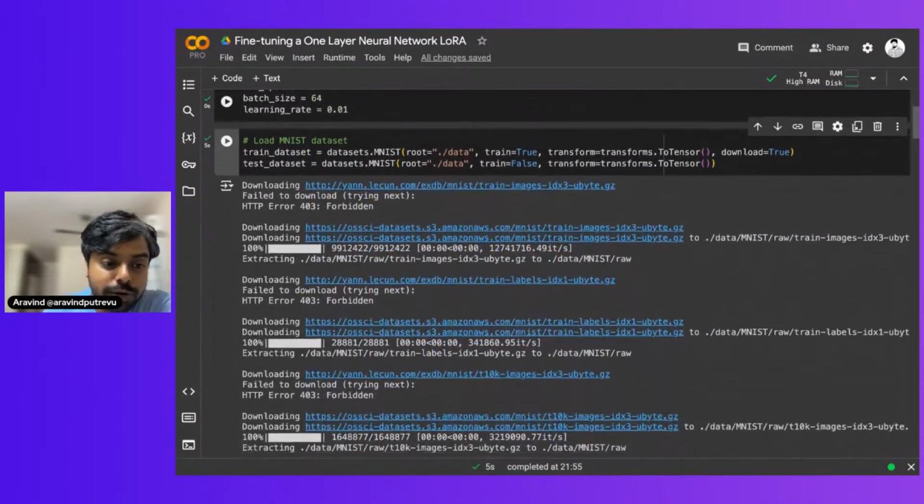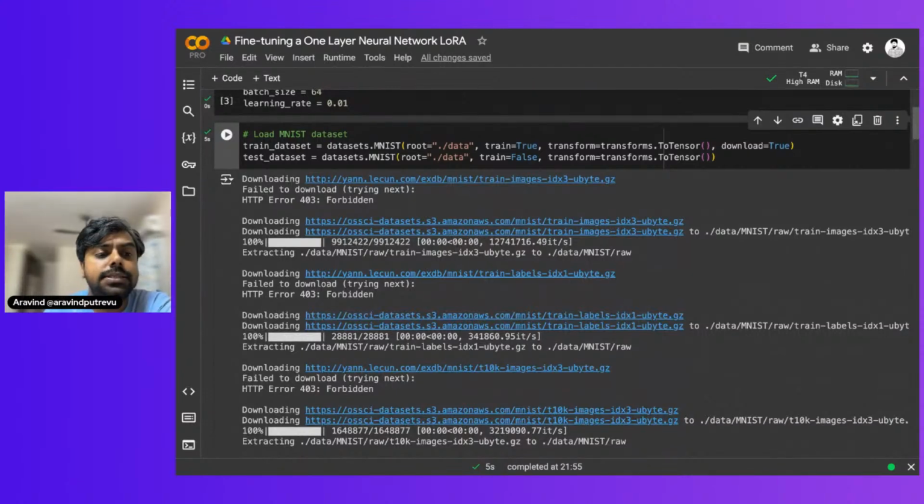So what we're trying to do here is take the MNIST dataset. MNIST is an OCR dataset, optical recognition. Say, for example, you have handwritten numbers like 0, 1, 2, 3, and each person could write numbers in a different format. So you have numbers from 0 to 9, and these are the cropped images of each number. Those numbers are classified as, this is 0 and this is 7, and you're training a specific model with 0 to 7, and then you are trying to retrain it with 7